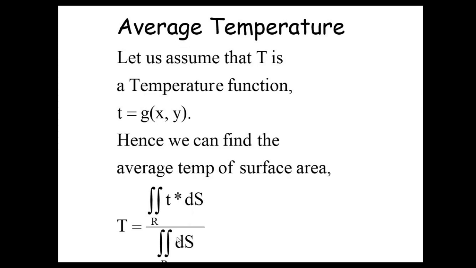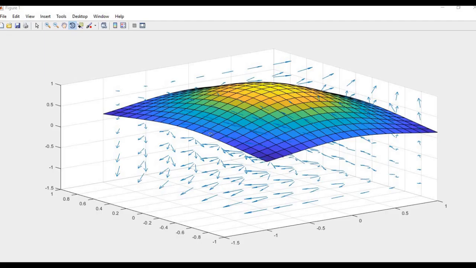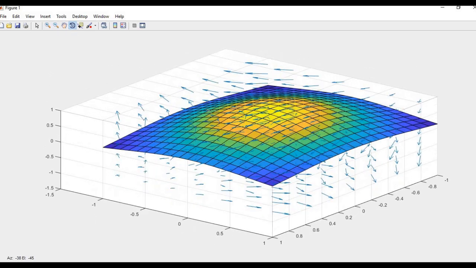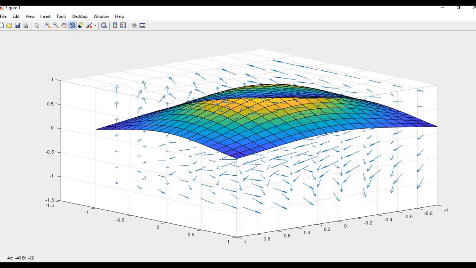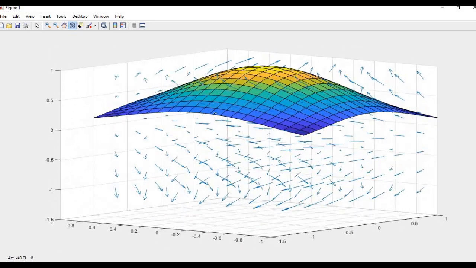And one of the major uses of evaluating surface integrals is finding the flux across a surface area. So let's say here you have your vector field shown by these arrows, and this is your surface. If you want to find the flux, that is the field cutting through that area, you can use surface